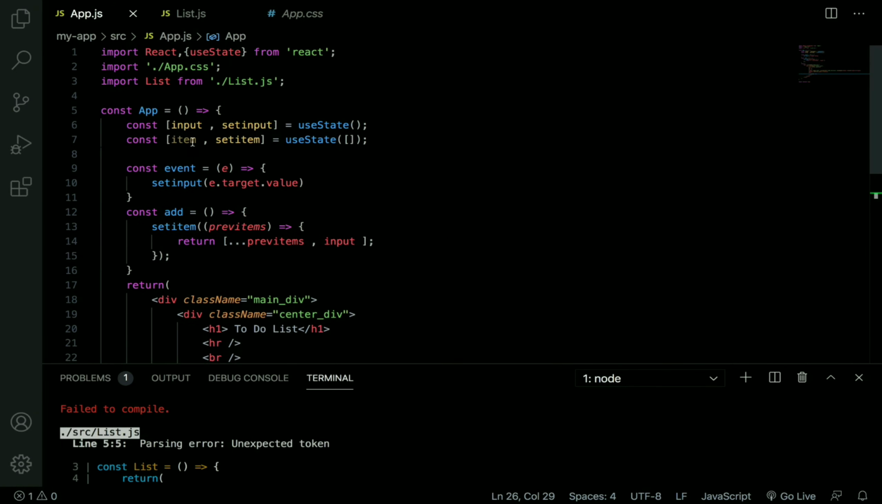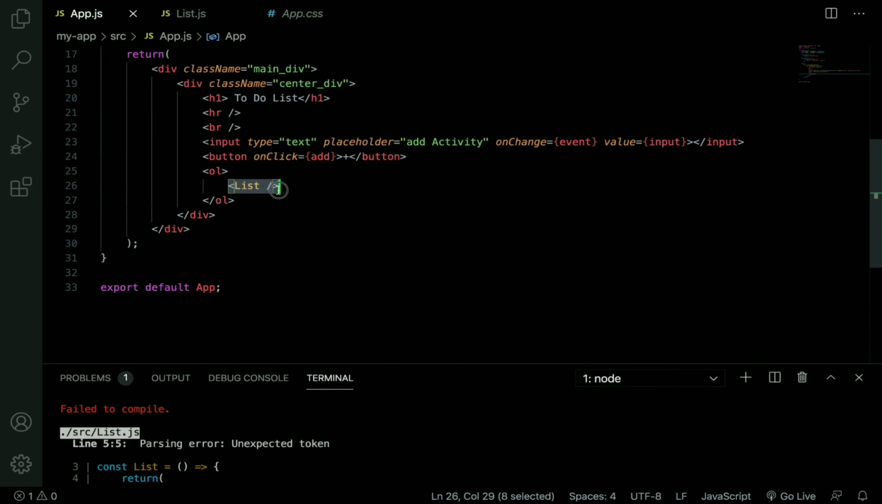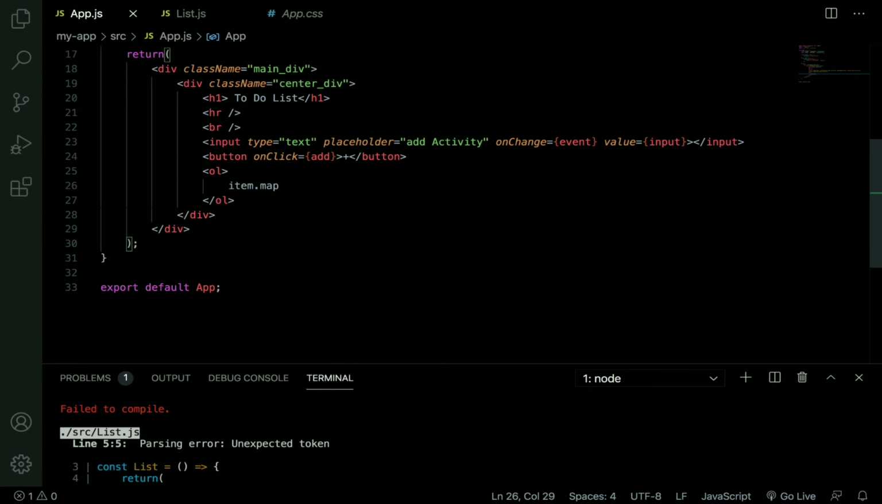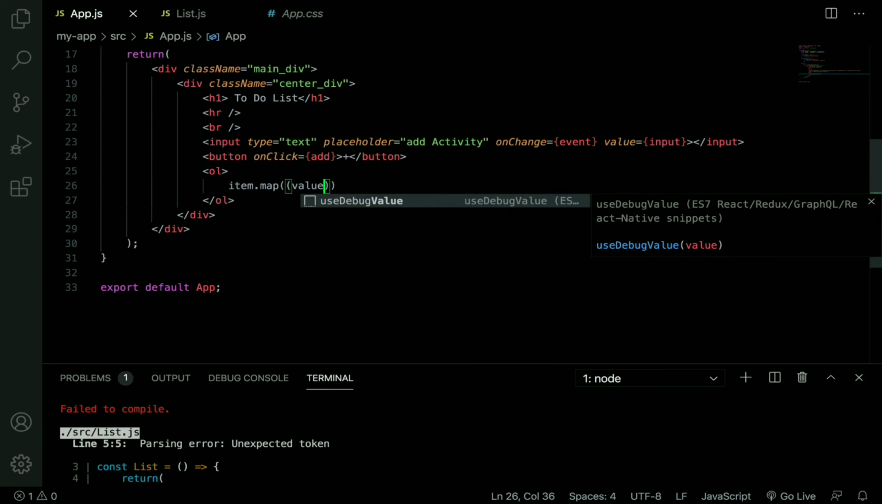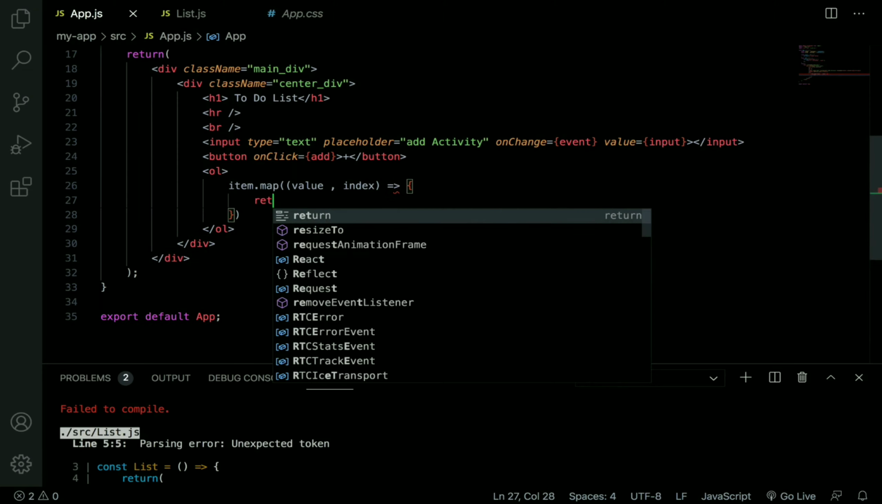Now I want all the components of this item array to be added in this list. So I will map item here, item dot map. Inside this map function I will pass two parameters. The first one will be value and the other will be index. After that one fat arrow function, and I will return